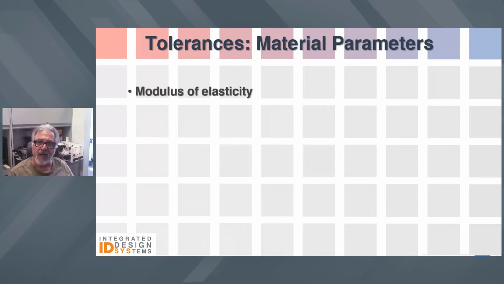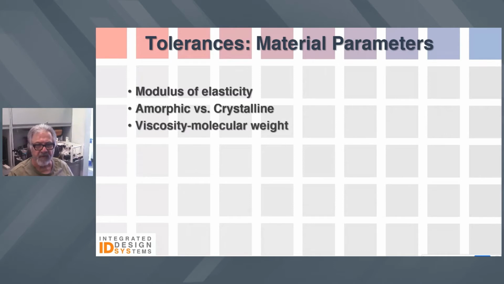The material properties that affect tolerances all include the modulus of elasticity. In other words, a rigid plastic with a high modulus above 400,000 psi, for instance, would typically have a lower shrinkage and a higher repeatability during molding than a lower modulus material like polyethylene, for instance. Then there's, again, what I mentioned earlier, the chemical structure of the plastic, whether it's amorphic or semi-crystalline. It's the material's viscosity, which is a function of its molecular weight, is another parameter that will affect tolerances. Its chemical structure,